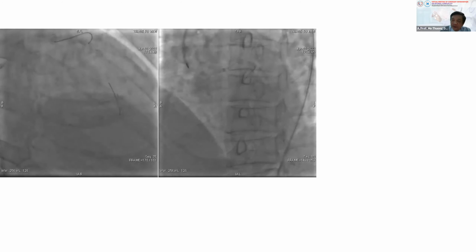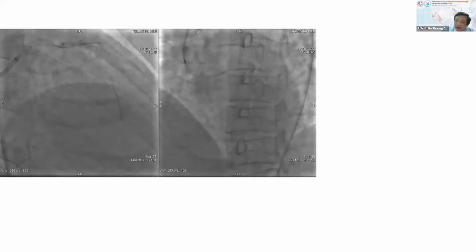It gets stuck. Is this the position of the rotor wire in the distal part of the mid segment? And we try to do rotablation with the smallest burr, the 1.75. But I don't have a microcatheter suitable for the burr. So I try to manually bring the burr over the stent,